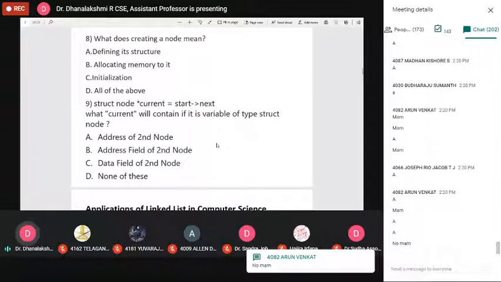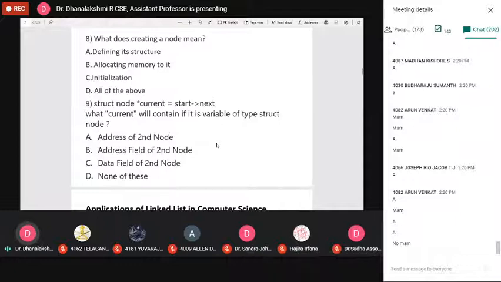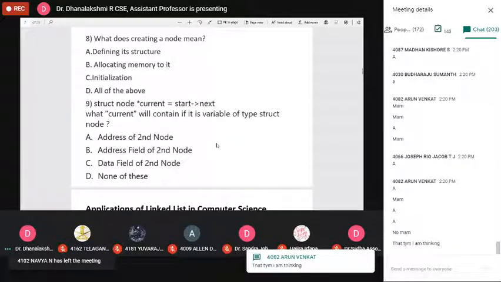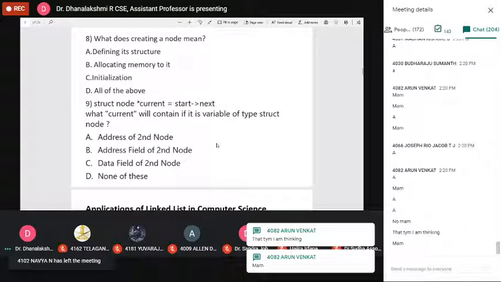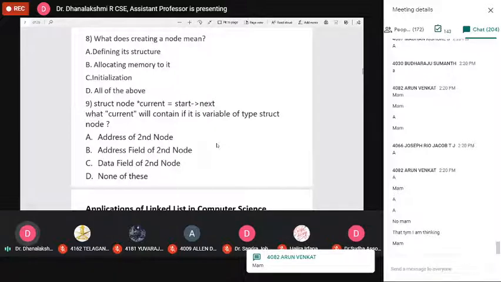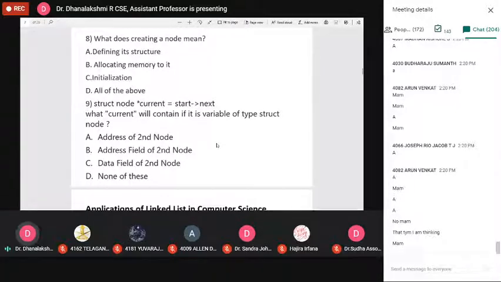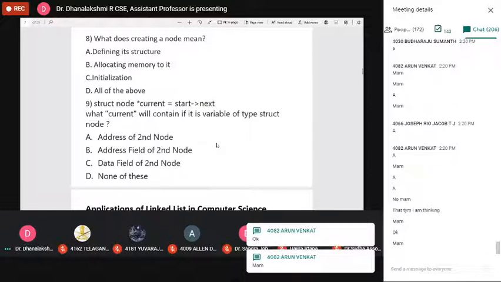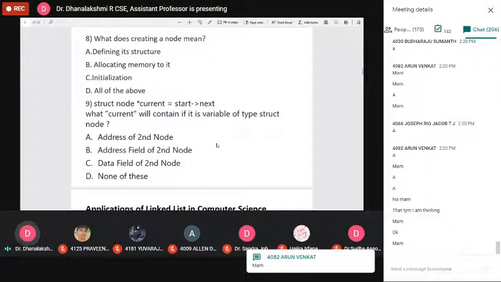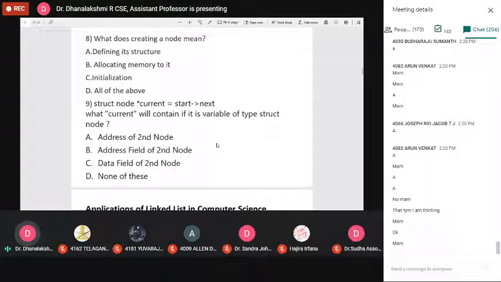If you don't know, don't give that reply; you can ask, how will it, ma'am. That time you are thinking, okay, no problem. Hereafter, don't give that kind of answer. So the answer for the 9th question is address of second node. We all know that the next field points to the address of the next node. So this is a small recap about the circular linked list.